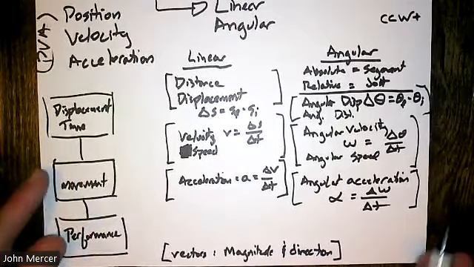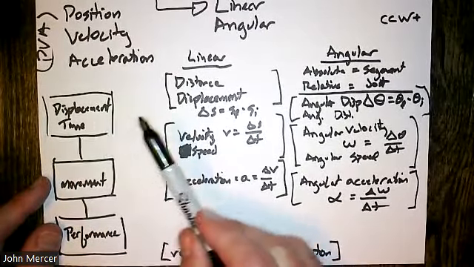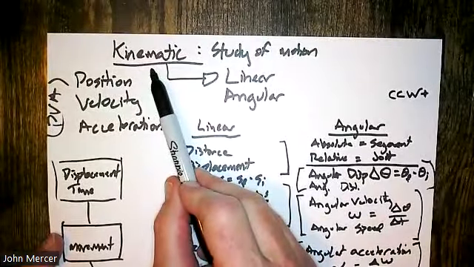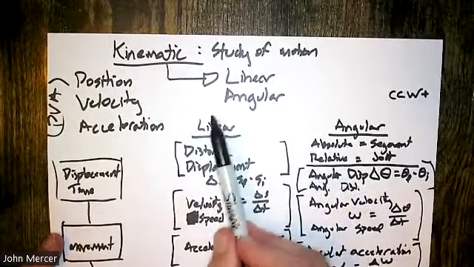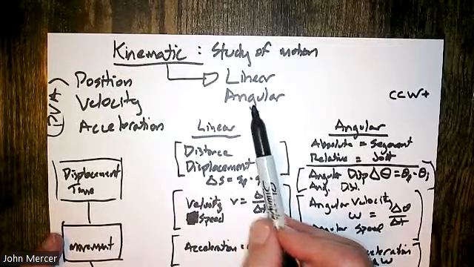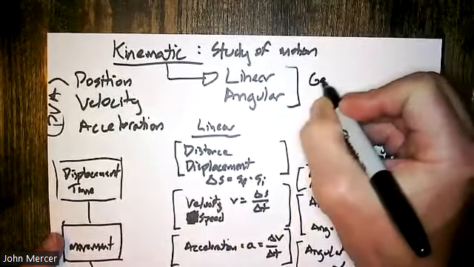Okay, so that is part of our model. We're at displacement and time, and in displacement and time, we are in the branch of mechanics of kinematics, the study of motion. We have linear kinematics and angular kinematics we need to understand. Oh, and by the way, the combination of these two, when we have movements,